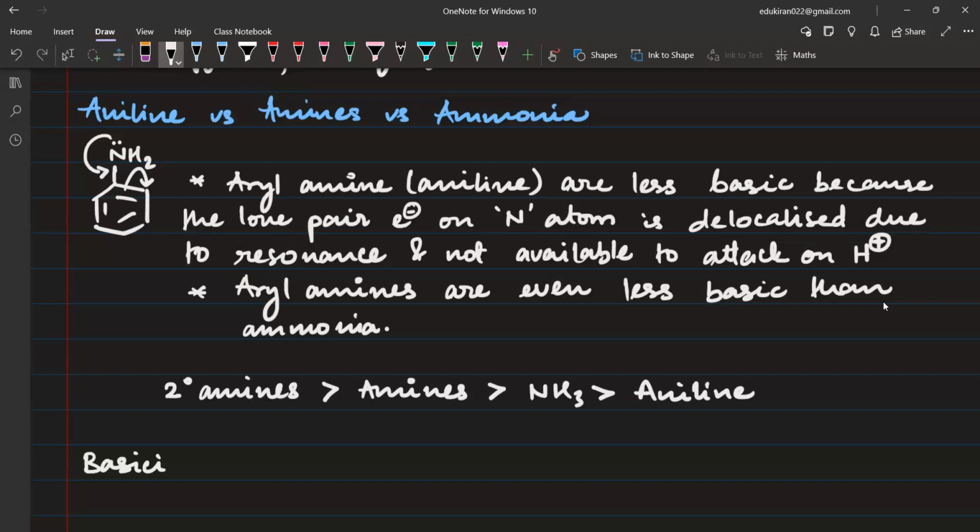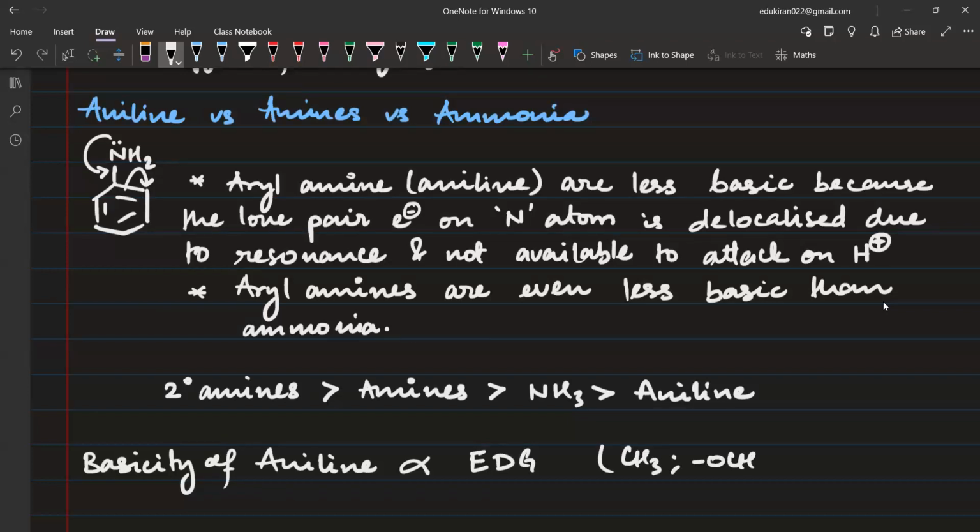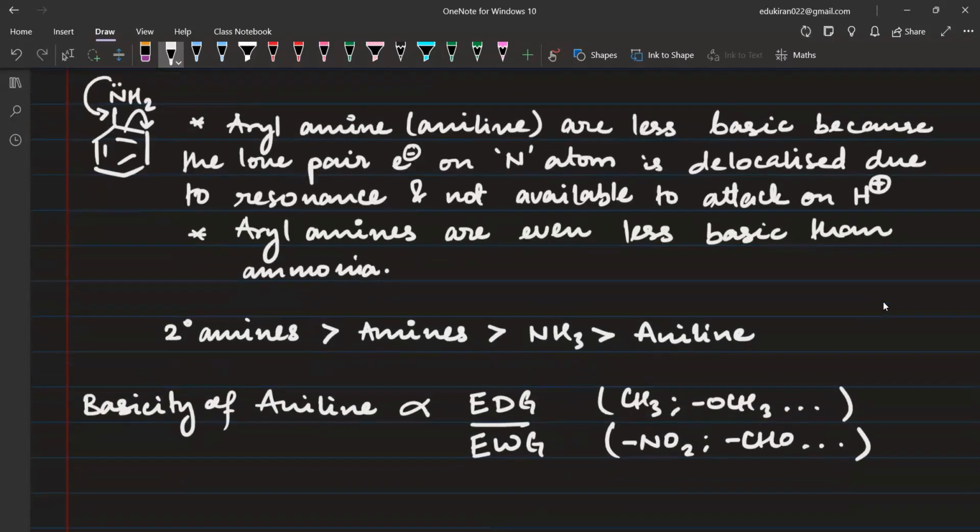Yeah, so the basicity of aniline will increase if we add an electron donating group, for example CH3, OCH3, etc., and it is going to decrease if we add an electron withdrawing group, है ना? One of the most important ones is NO2, CHO, इस तरह की चीजों को अगर हम ऐड करेंगे, ठीक है। सो राइट दिस डाउन।